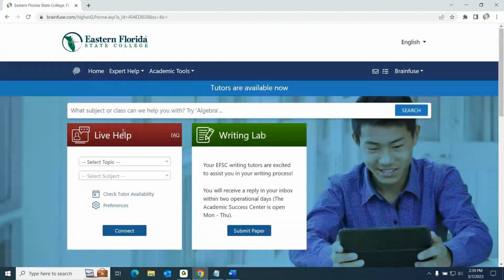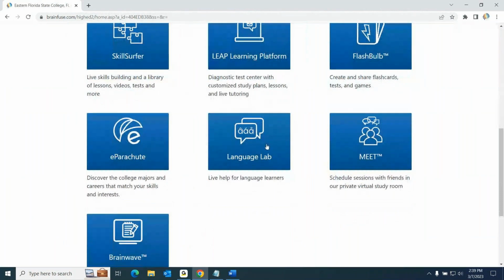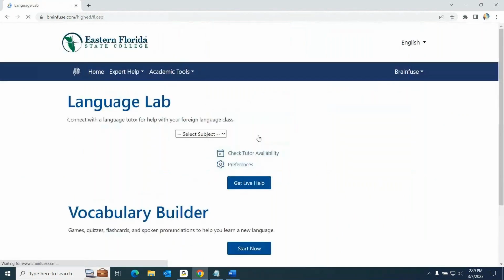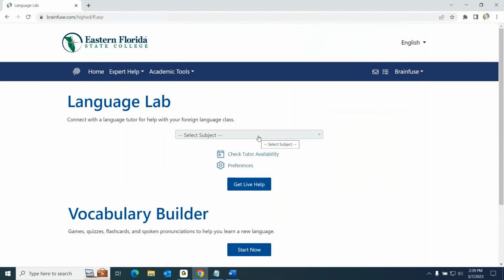Heading back on through to the academic tools, I'd like to skip ahead briefly to the language lab just over here. This is your students' one-stop shop for any language assistance they might be looking for. And that actually includes live help language tutoring. So for example, instead of a Spanish-speaking tutor in math or science, if your student needed assistance